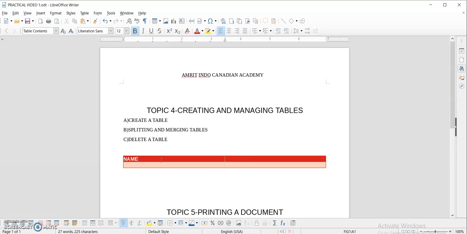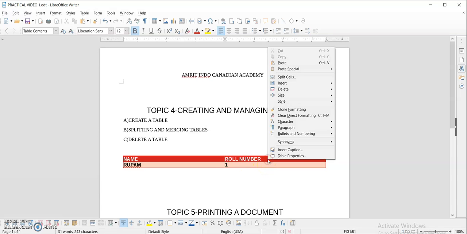I will write down the data that I want to insert. Let us imagine that I am going to write the name and roll number list, and now I am writing here the name. Let us suppose I am writing the name and here I am writing the roll number.